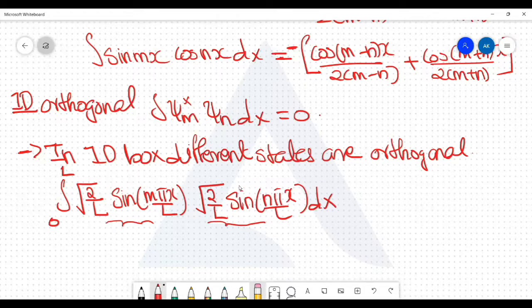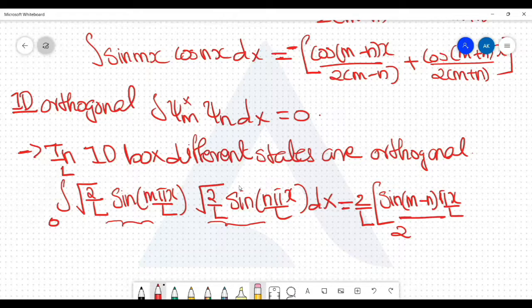Let me check it. This is equal to 2 by L times, for sine sine, sine minus sine: sine (m minus n) pi x by L divided by 2(m minus n)